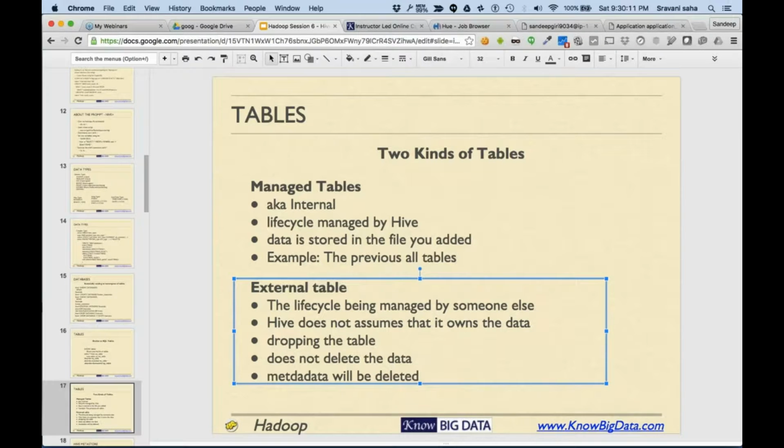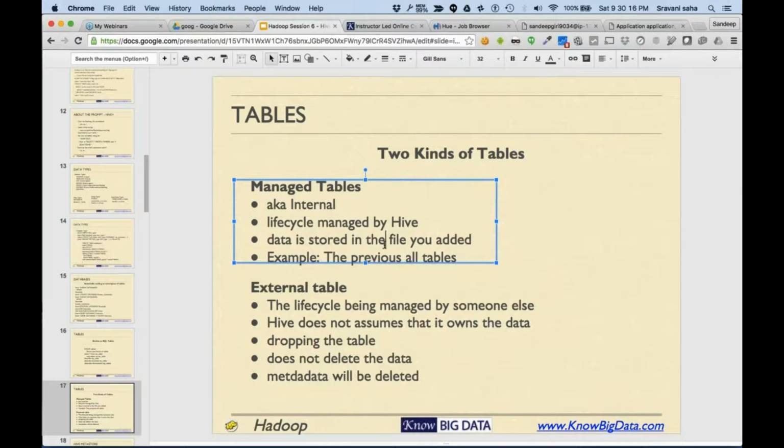The life cycle of the data is managed by somebody else in the case of external. If you do not explicitly specify that you are creating an external table, you are creating a managed table, and if you drop it, the underlying data will get deleted.